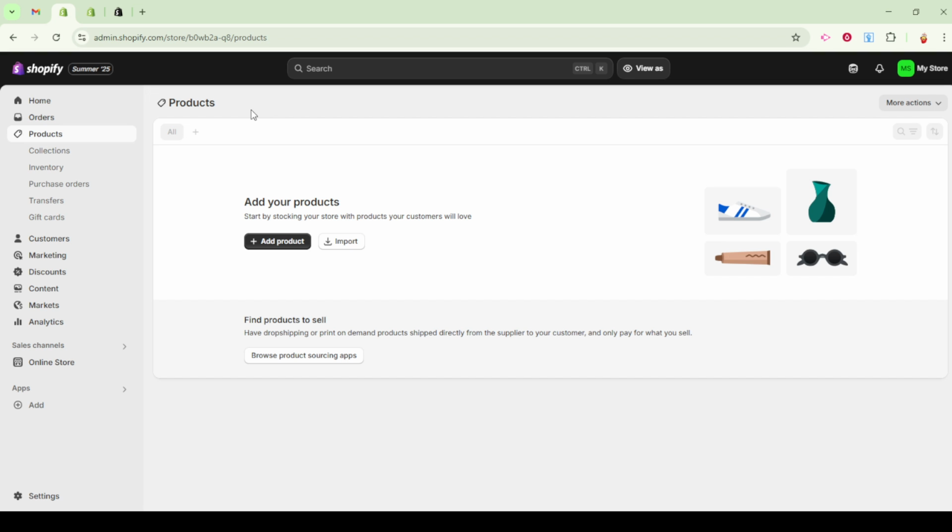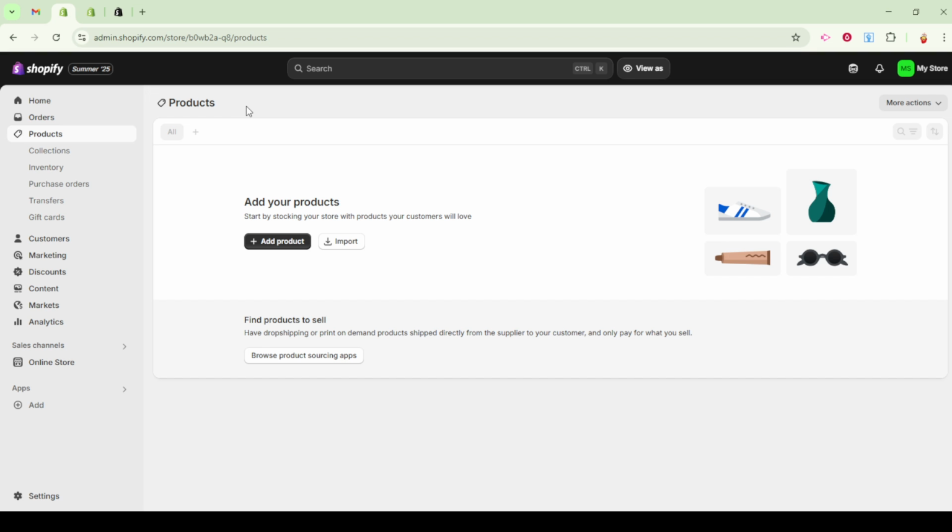If you find yourself needing to update the Compare at Price for multiple products, don't worry. Shopify provides a handy tool for this, the Bulk Editor. Start by navigating to Products and then All Products in your Shopify admin. Select the products you want to edit by checking their boxes. Then, click on Bulk Edit. This feature allows you to modify the Compare at Price and Price fields for multiple products at once, making updates